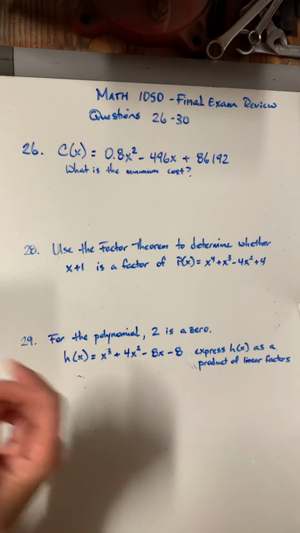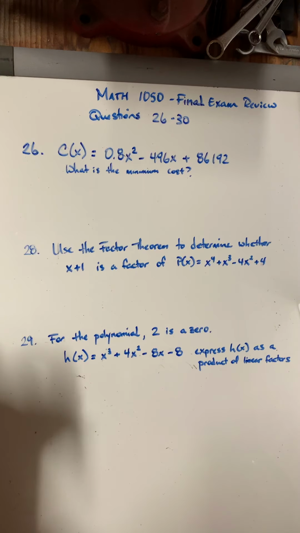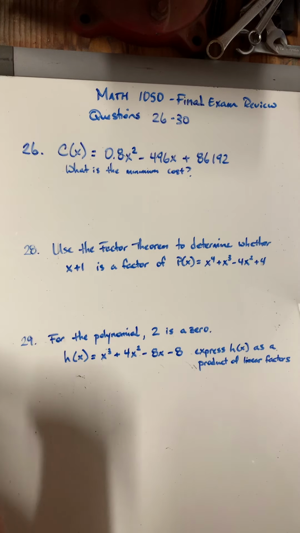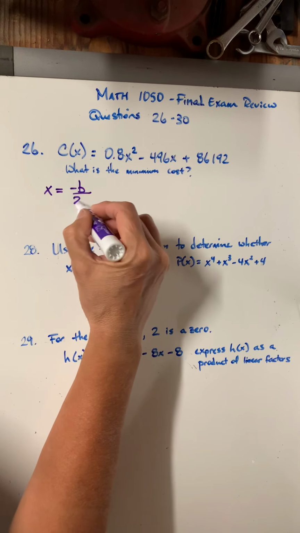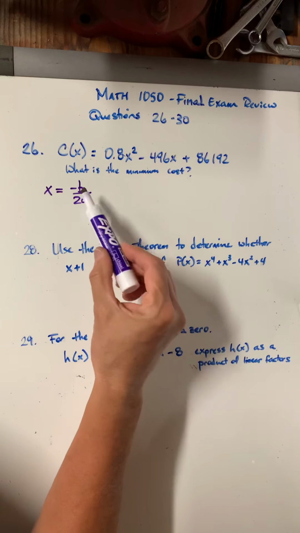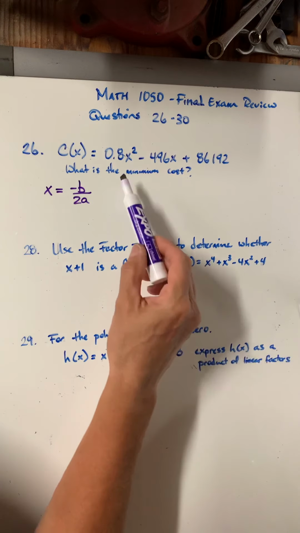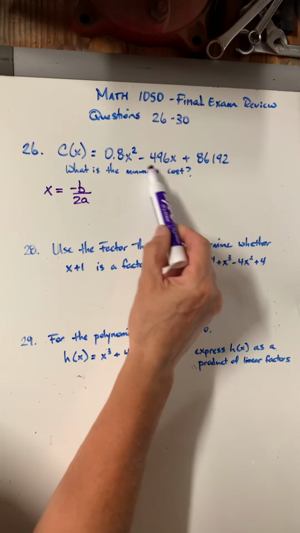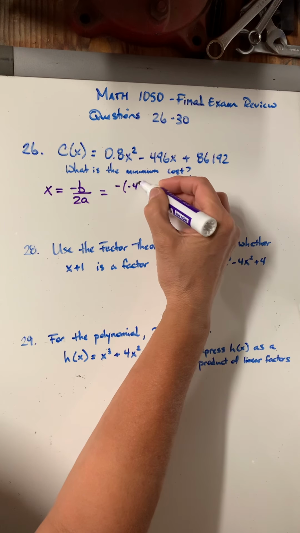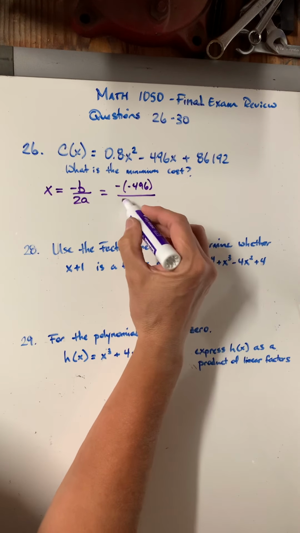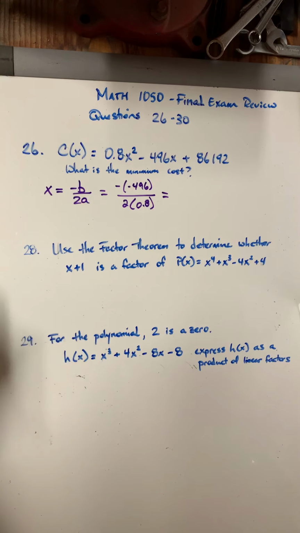So whether you're finding minimum or maximum in a quadratic function, this is quadratic because the highest power is 2 on x. Regardless of what you're finding, you would use the formula x equals negative b over 2a. The a and b are just like you would find a, b, and c for the quadratic formula. So a in this case is 0.8, b is negative 496. You could plug those in: negative 496 over 2 times 0.8 equals, and you could put that into your